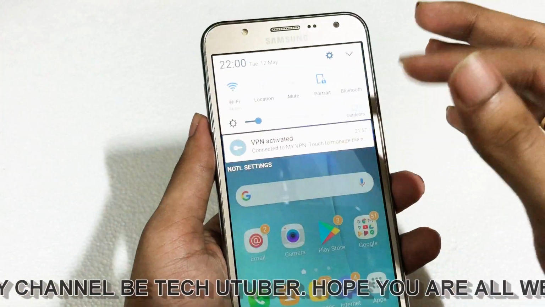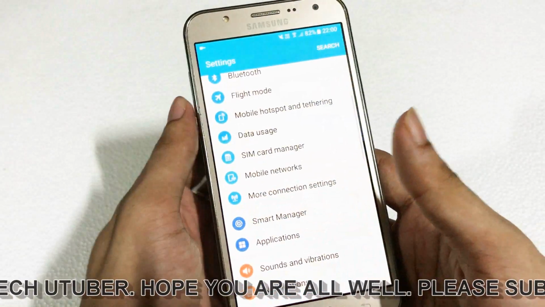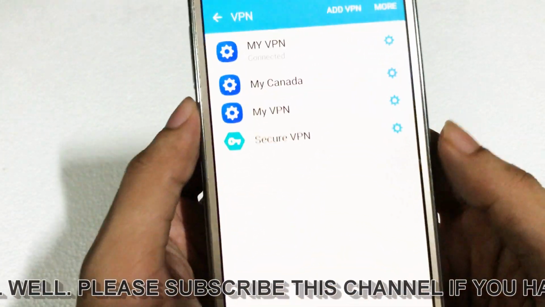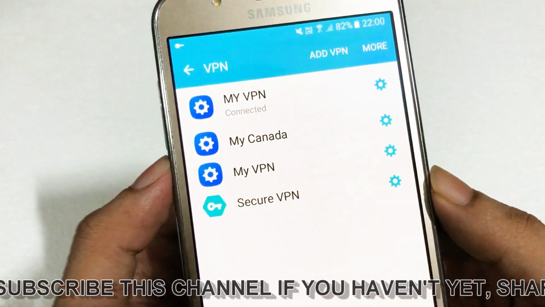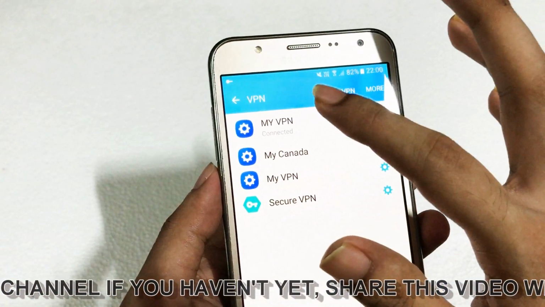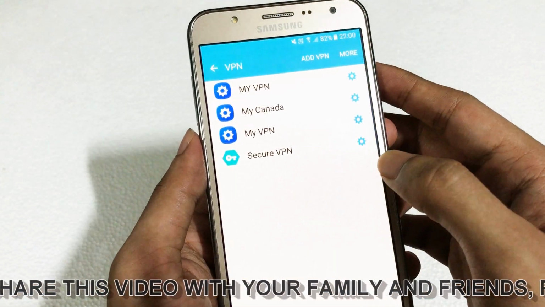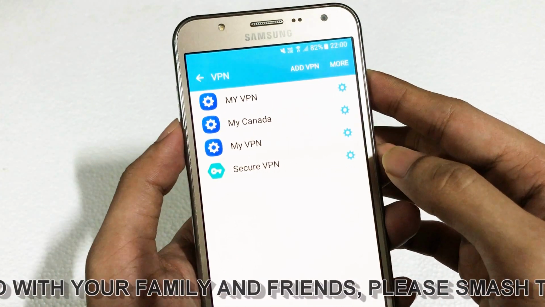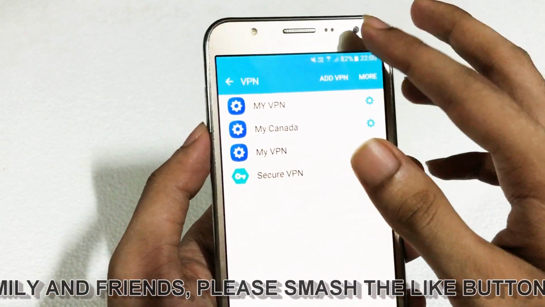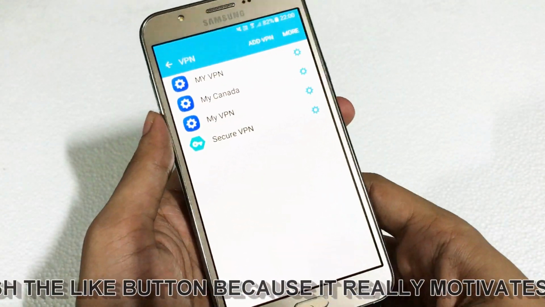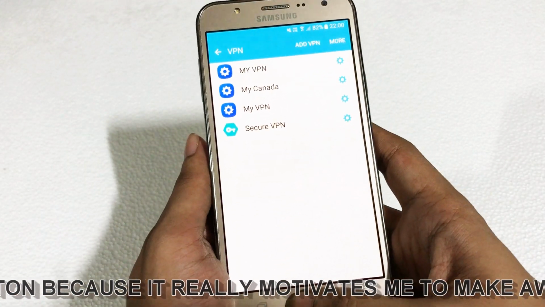Now the last thing you have to do when you are using a VPN connection is go again to the settings and disconnect your VPN. Let me go to More connections again and go to VPN again, and as you can see, it is connected over here. So I'm going to select this, and it is asking me to disconnect. As always, after every use you should disconnect the VPN, so that no personal information goes through the VPN, which we generally don't want.